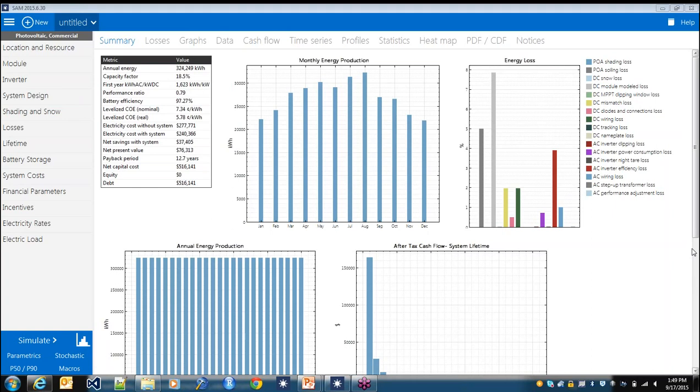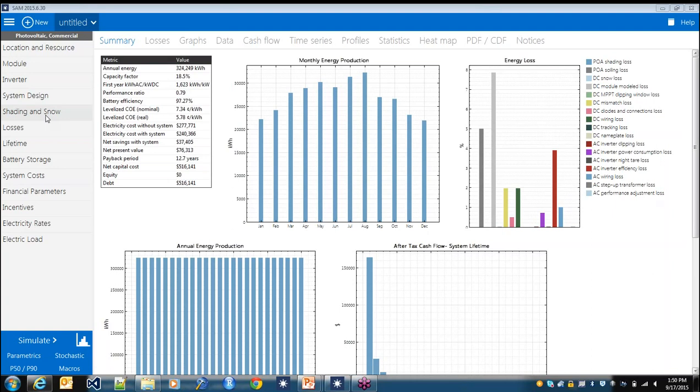Okay, so I have a question from Jeffrey. Would the model work to provide battery information for a site with no PV assets installed? That's a great question, and there is a lot of interest in just evaluating a battery. So yes,